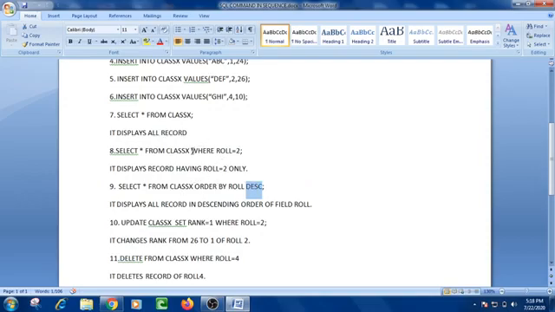And one more thing, we can use the where clause with the select command. This clause is used to give conditions to the table. It is just used for the query. Suppose there are so many records in the table, but I have to see the records of roll number 2 only. Then I have to use the where clause, and with the where I will mention the condition. Suppose that select star from class 10 where roll is equal to 2. What does it mean? It will display the records of the students whose roll number is 2.